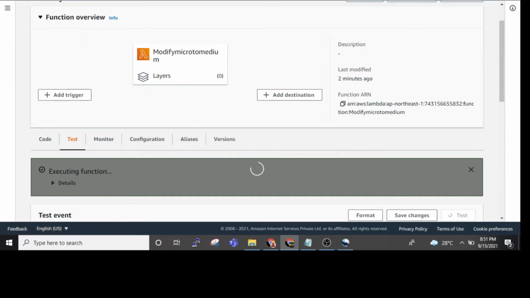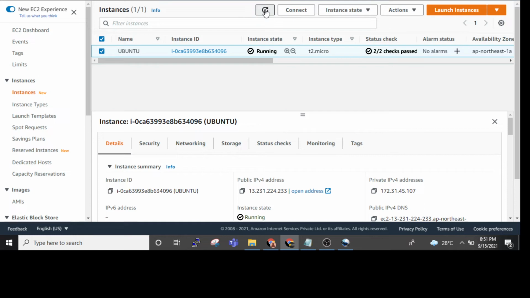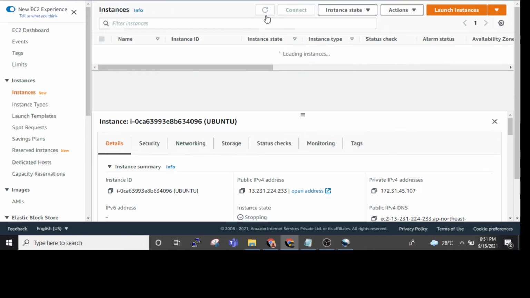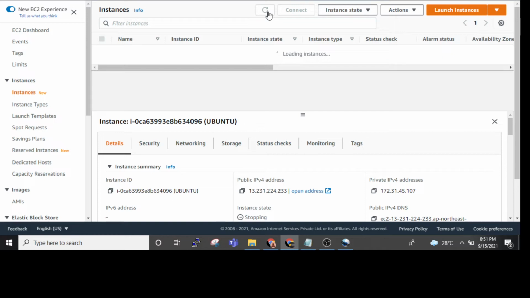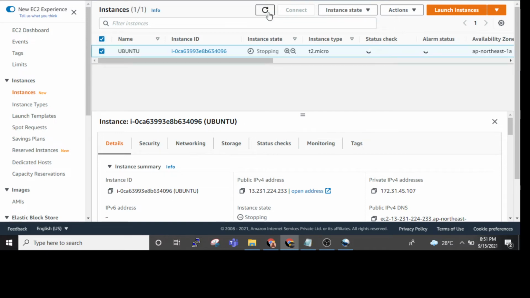So let's see here that instance is stopping, and right now the instance type is T2 micro. Okay, so after some time it will change to T2 medium. It's stopping now, our instance.